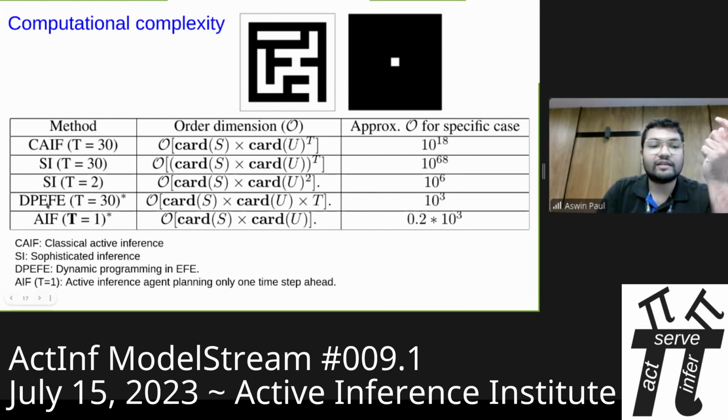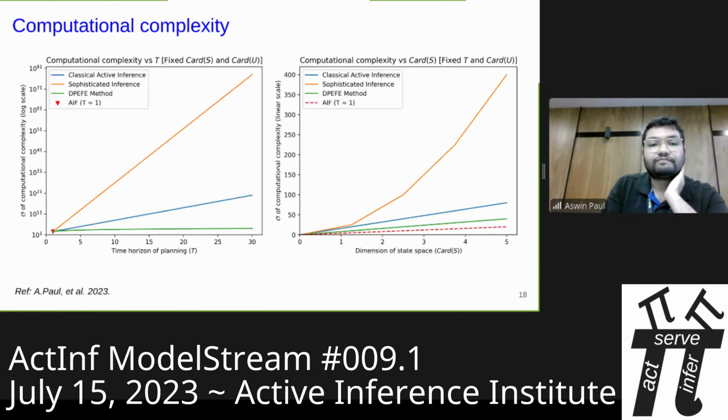So in the DPFE method, we are not learning. We are using the sparse prior preference and doing the whole depth of planning. And in the other method, we are letting the agent learn this prior preference, but then we can save planning a lot because it knows a lot of what to do in time, right? So graphically, we can see that the DPFE method is really computationally efficient, and when plotted against time, the AIF equal to 1 method is computationally way cheaper. And it scales very fascinatingly well with higher and higher